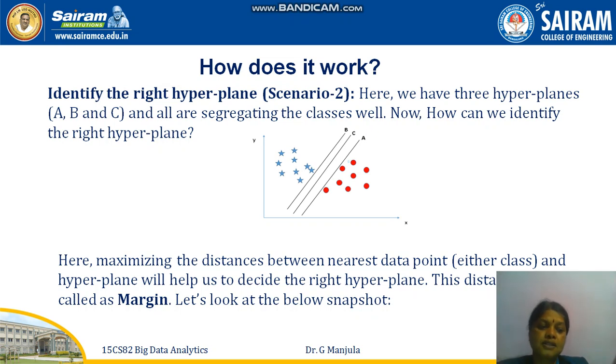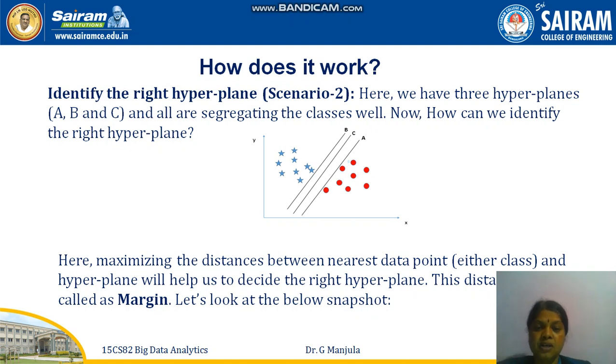Yeah, students. In the previous class, we discussed scenario 1. Now we are going to discuss scenario 2. As I told you in the previous class also, there are three hyperplanes: A, B, and C. All three have segregated both classes perfectly, in a better way compared to the other graph in the